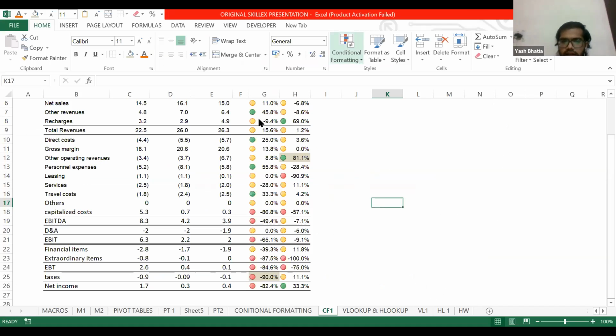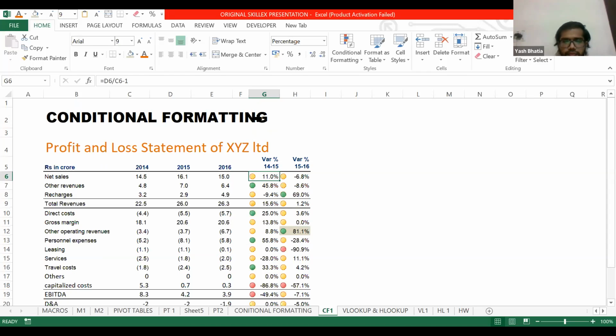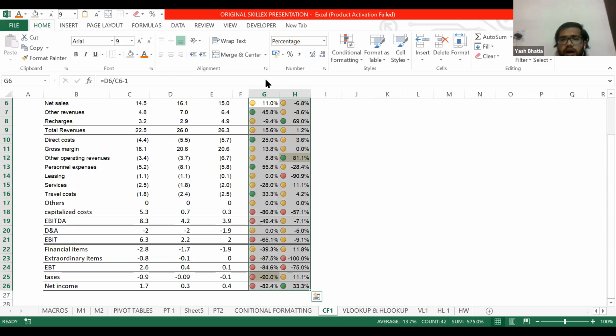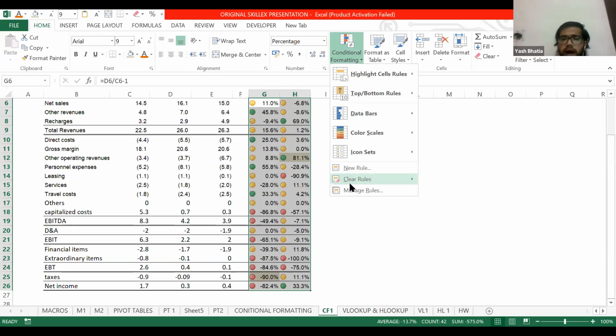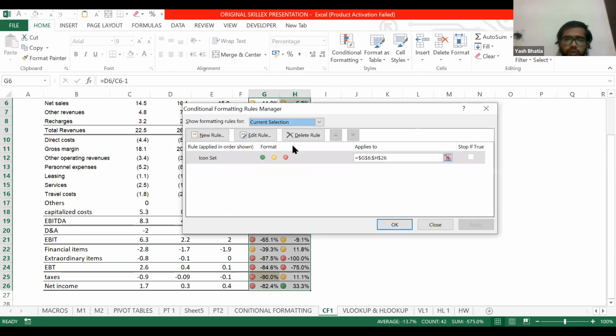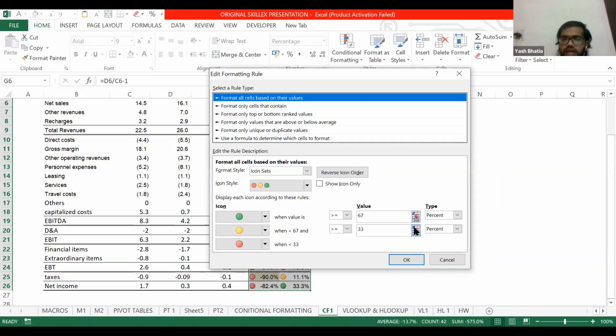I select the data again, click on conditional formatting, manage the rules, and let's edit the rules once again. This time, I'm going to change the type from percent to number, and believe me, it will finish the confusion.